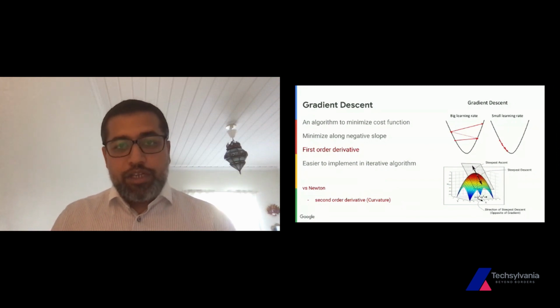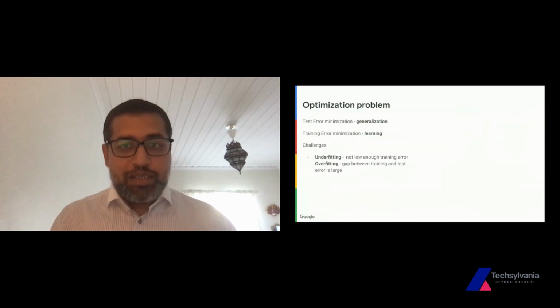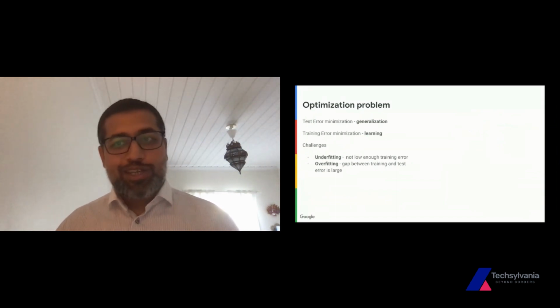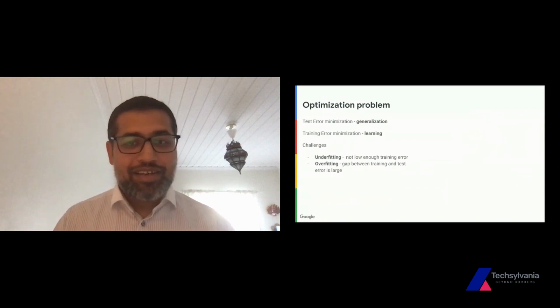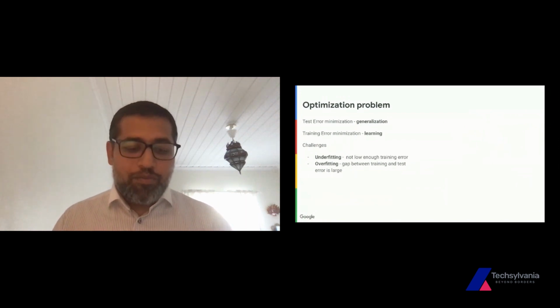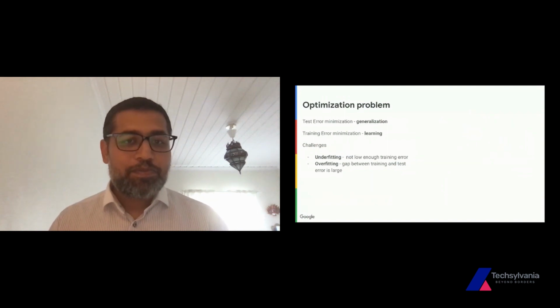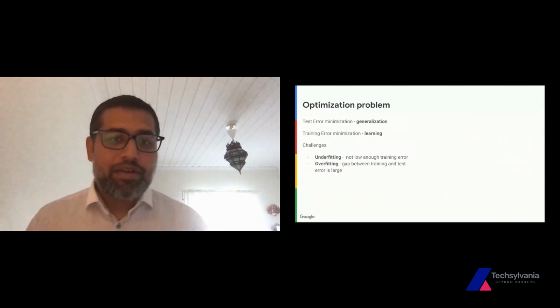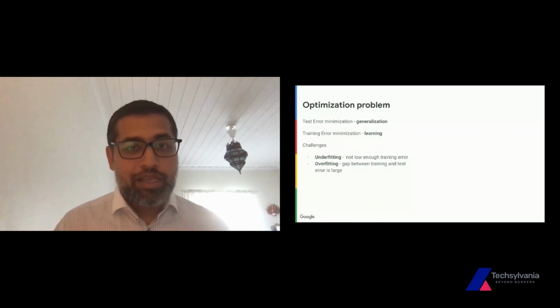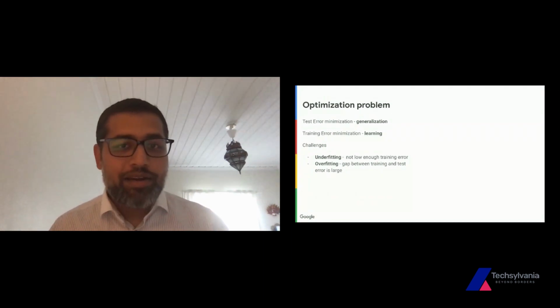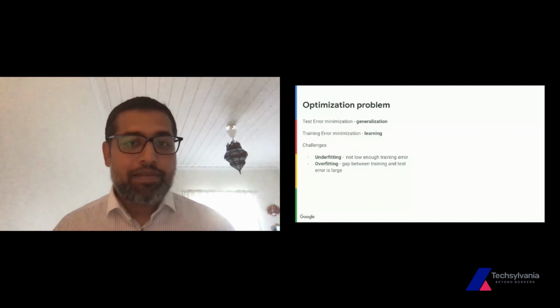Now, we talked about generalization. We talked about splitting our data into training data, test data, and then also unseen data. So formally, we can say that machine learning is an optimization problem. We want to minimize our learning error. The example I gave was around mean squared error, where we want to minimize the mean squared error of that line against